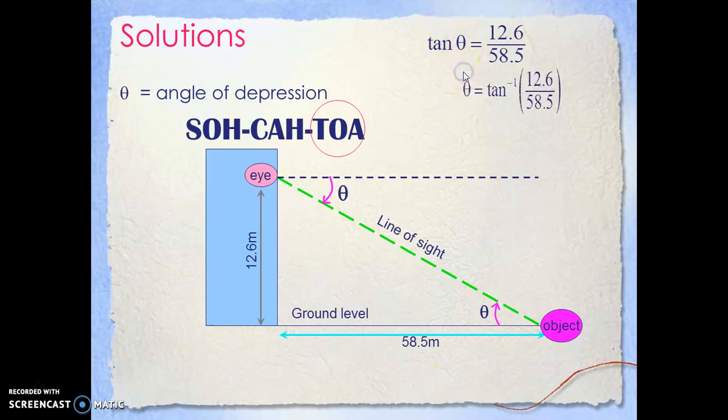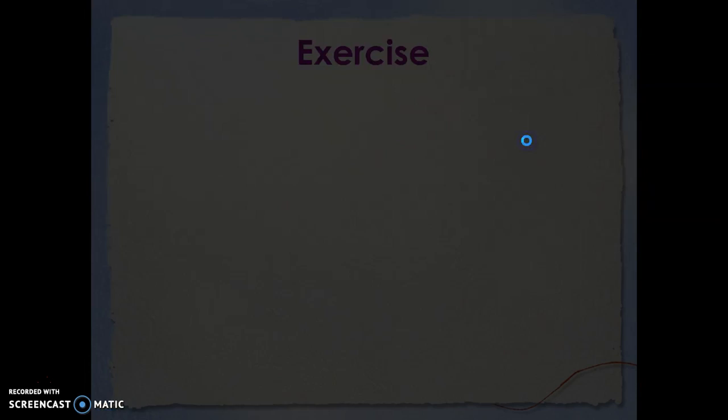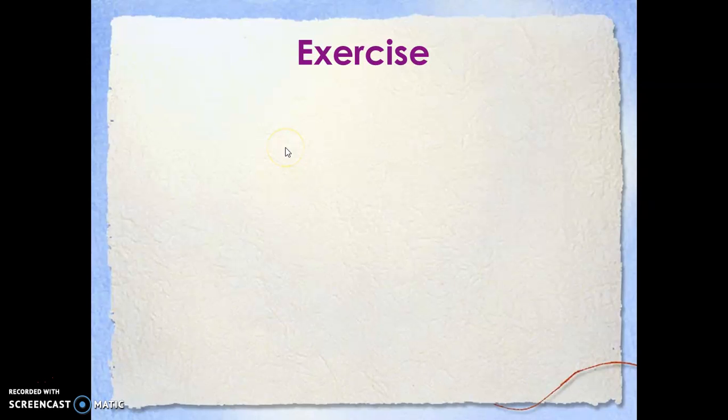So to get the angle here, we have the arctan of this ratio. So we get approximately 12.15 degrees. So this angle here also equals the angle here. So therefore, this angle here is also 12.15 degrees. Okay,